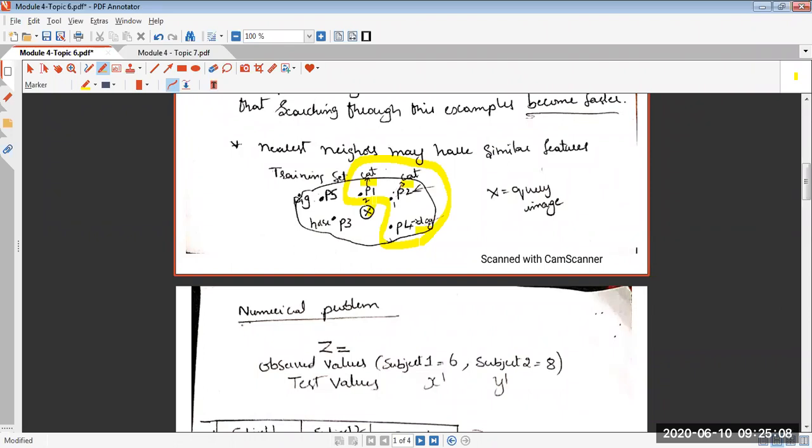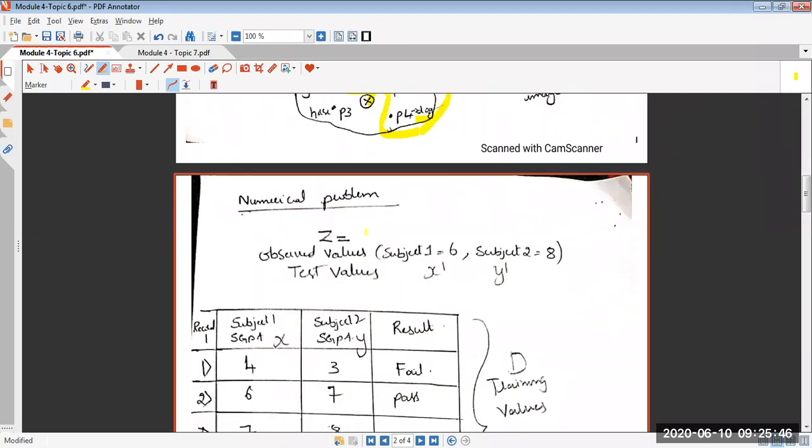The bottom line here is the nearest neighbor classifier will help us classify the input data. It will use the training records, but it is not building any model and not keeping any model ready to process your input and decide on the class. It is instance based. Given an input data, it will start working and decide. That is why we call it an instance based algorithm. Since it is not building the model and keeping it ready, we call it a lazy algorithm. So we saw a few terminologies.